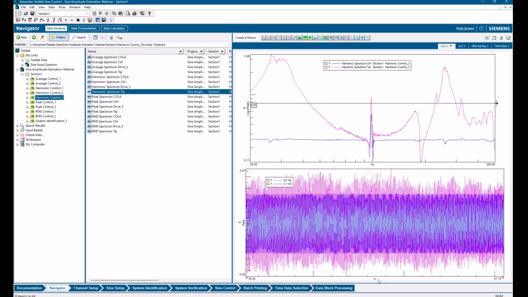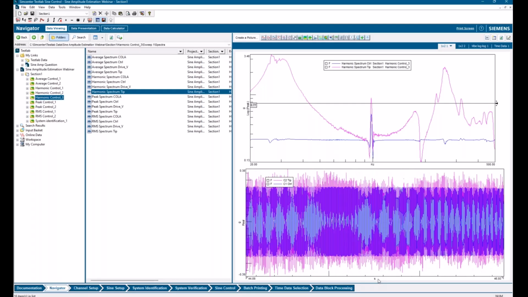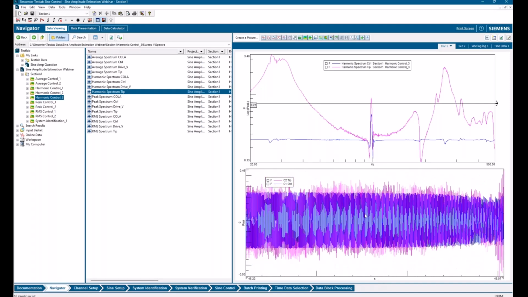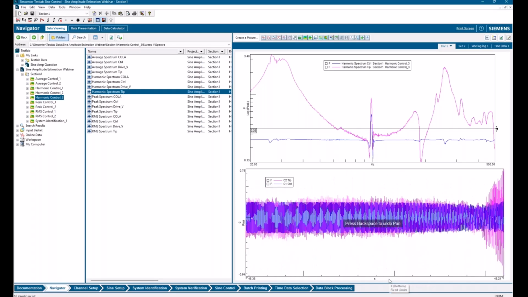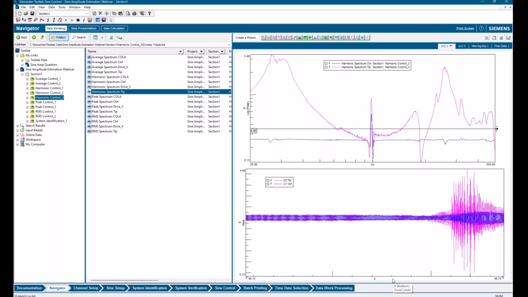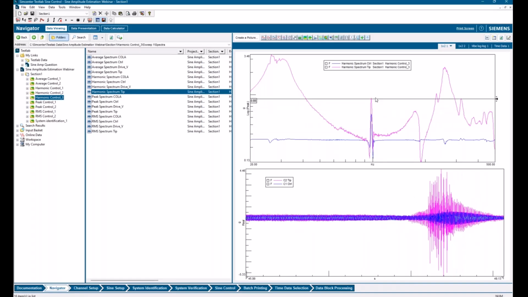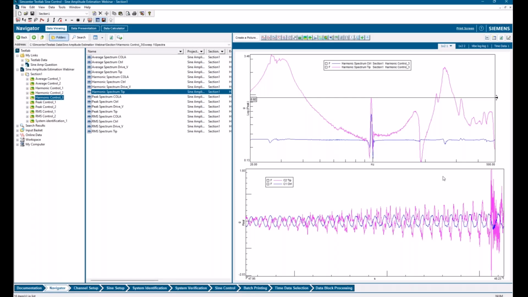Zoom out a little bit here, and we'll see where we're going to go into this region. You see here, we're in this area where the tip response and the control channel are about the same amplitude. And now we're going to go, oh, there we go. Now we've suddenly jumped back into this region, right? So we're at about 0.9 Gs there. Somewhere in here, and then we jump up.